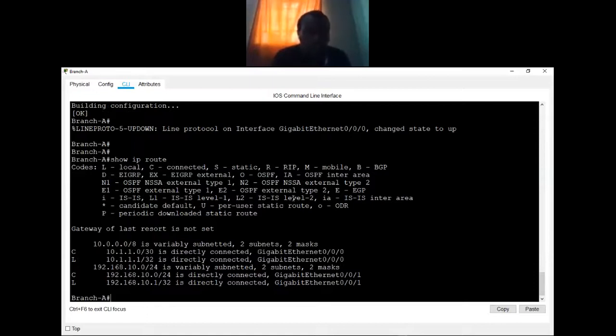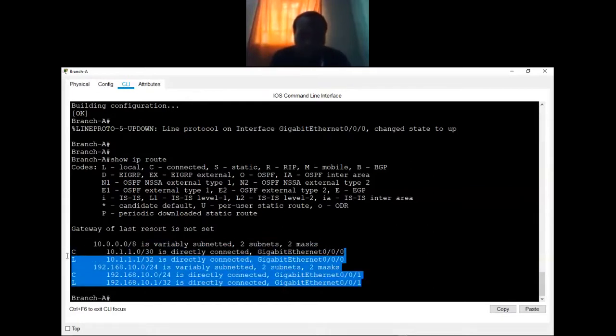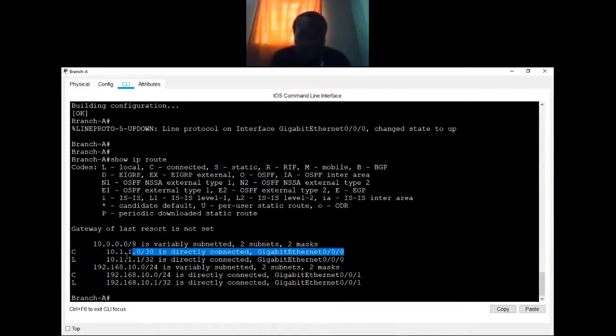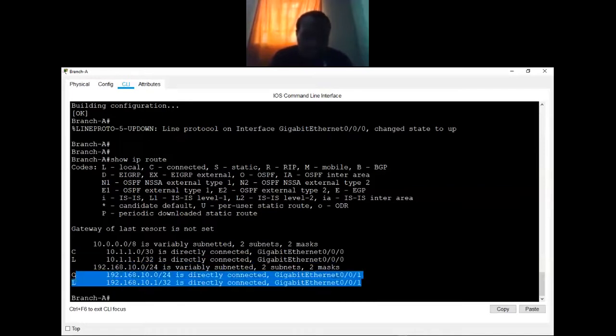Under the routing table, R1 knows about the directly connected networks, the networks under gig 0/0 and gig 0/1. Those are the two interfaces it knows about. And this is the information that you're going to get here. If you're sending data to this network, it will push that traffic to that interface. If you're sending data to this IP address, it will push it to that interface again. The same with these other two. That's the information that you have under the routing table.